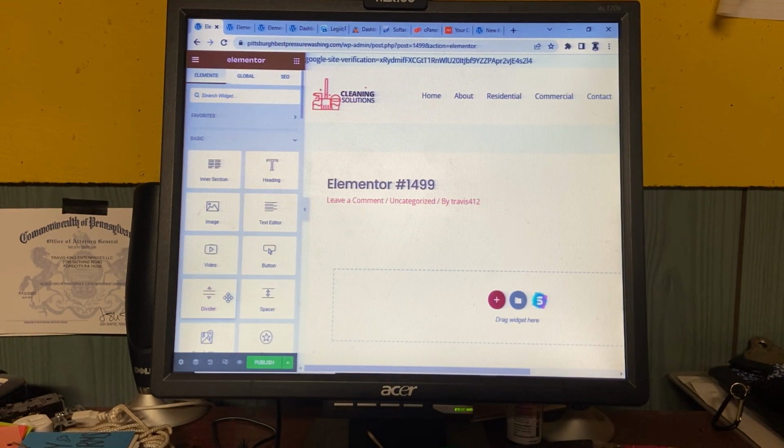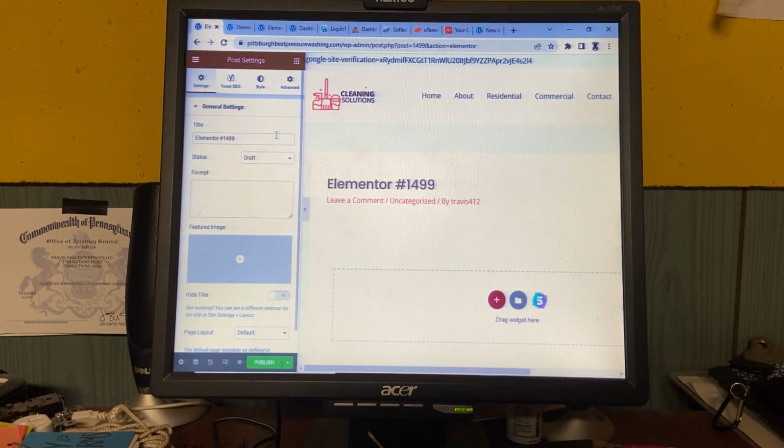So what we would do is we'd come down here first, switch this to, say, concrete sealing, and then you could add a featured image. That way there's a nice picture that shows up beside your blog article, like some nice exposed aggregate or sealed stamped concrete, something that grabs the viewer's attention.